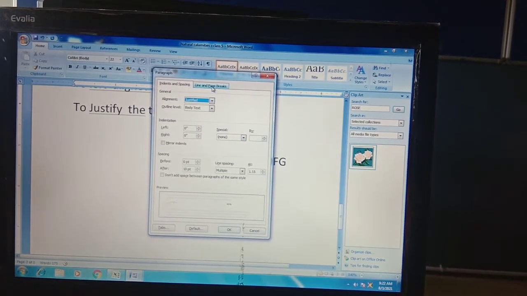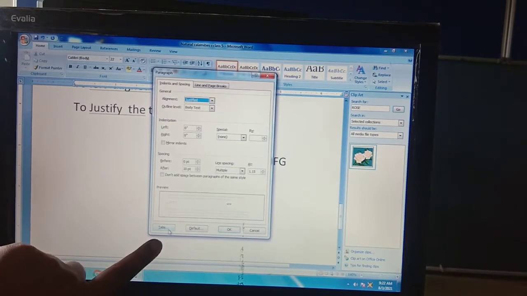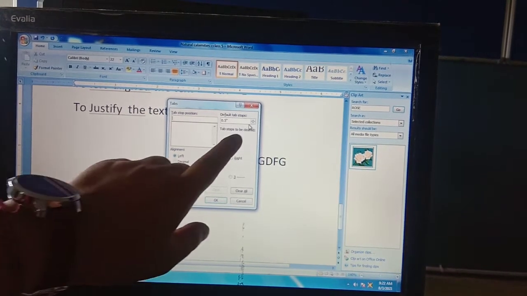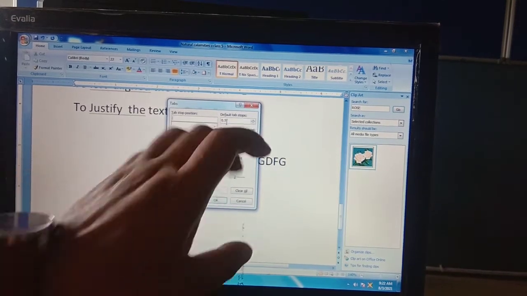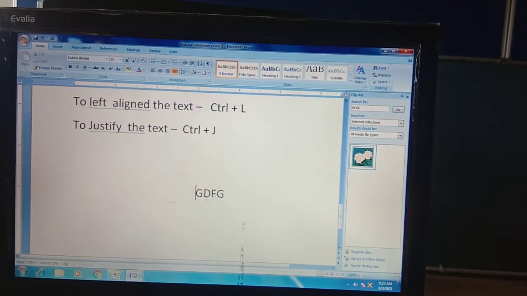Click on the paragraph dialog box, select the tab button. There is a tab button. Wait a minute, this is your tab button. Are you able to see? This is your tab button. As you click on the tab button, are you able to see this? This is fixed here, 0.5. So you can increase this size. Now I am making it 1. Okay, now see, it is shifting to 1. It is much more than this now.